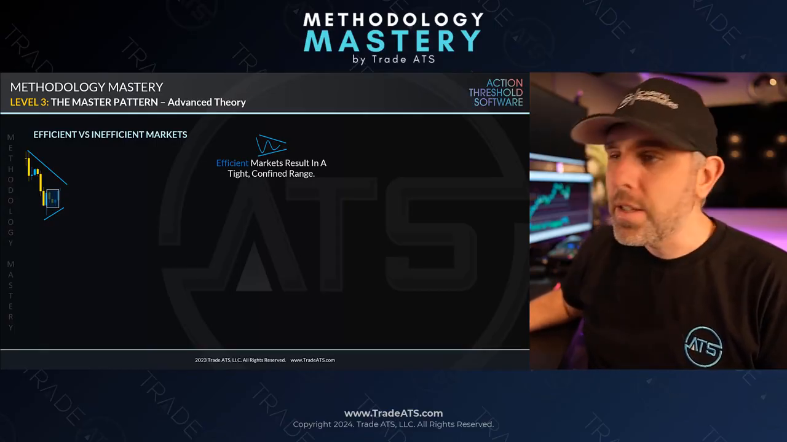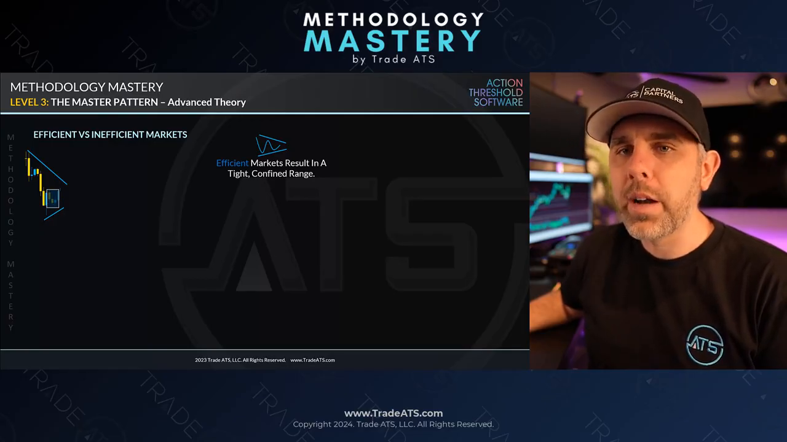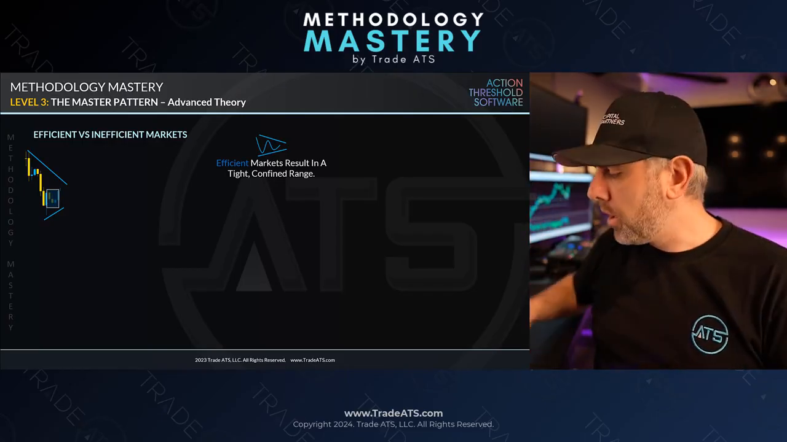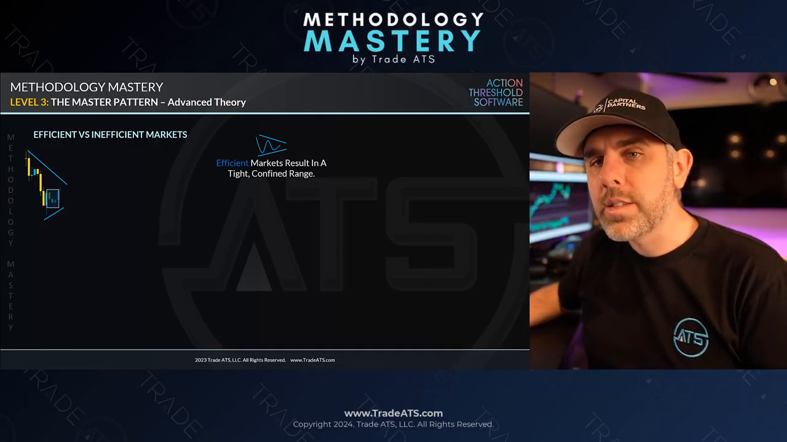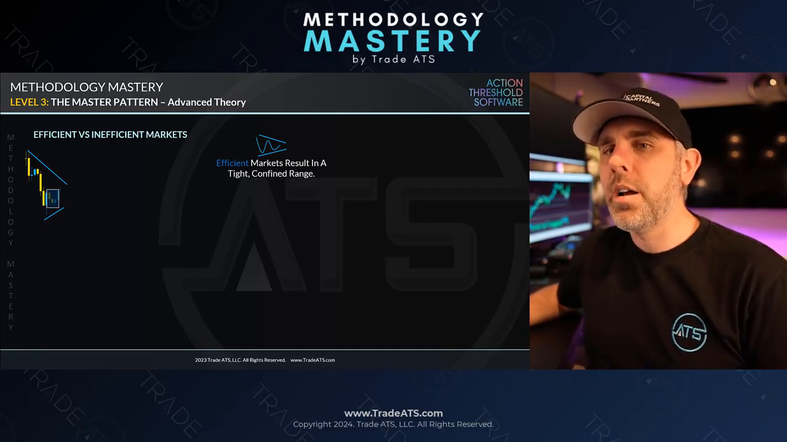So this is an efficient market. The reason why this is efficient is because you have a lot of willing buyers and sellers at this price. That's why price becomes trapped. Market makers love this territory because they're able to collect a lot of their